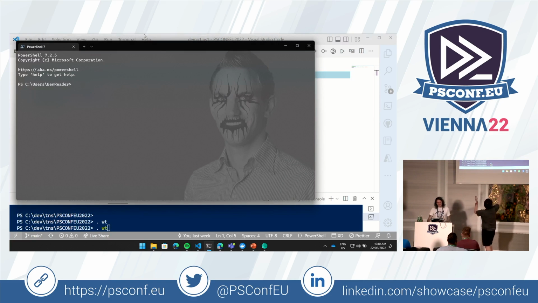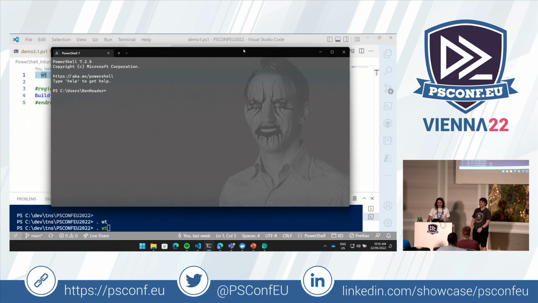It opens Windows Terminal. That's all I need to do. Terminal. Demo done. Awesome. Okay, so I'm not going to get into the intricacies of what this module does, but